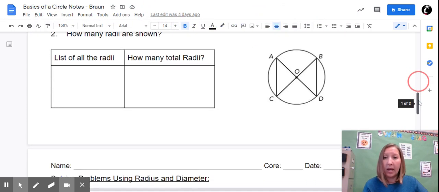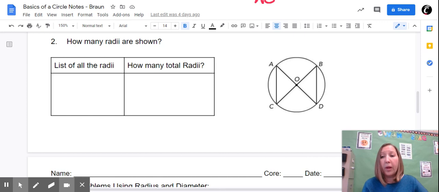So how many radii are shown? We are first going to list all of our different radii. Remember, a radius has to start at the center and connect to a point on the circle. The first one that I see here, I'm going to start at O, and I'm going to come out here to A. So that's going to be OA, 1. Now I can also come over here to OB. I can go from O to C, and also O to D. So my radii are OA, OB,